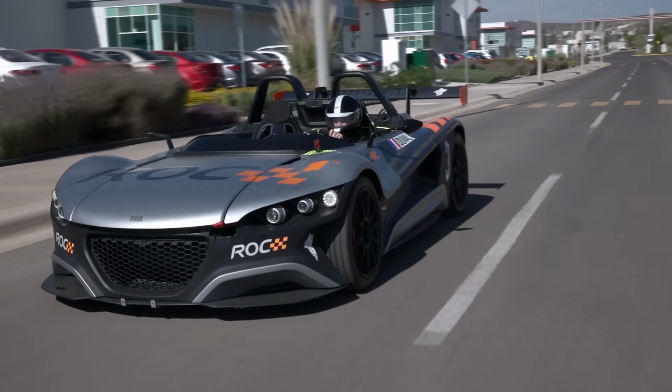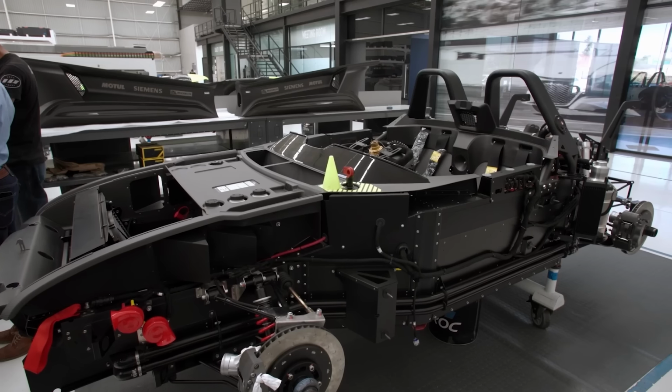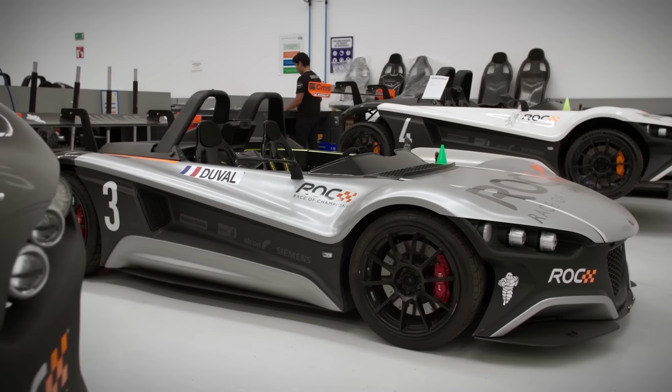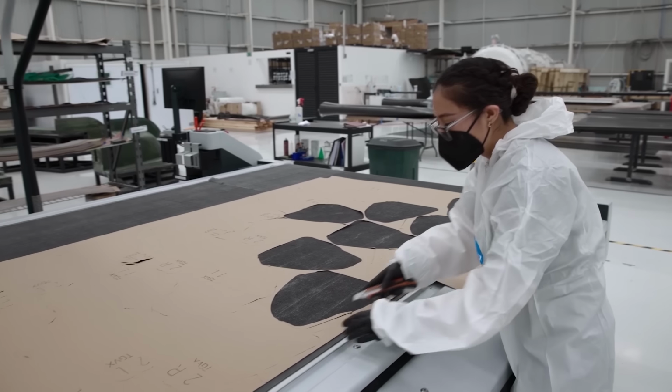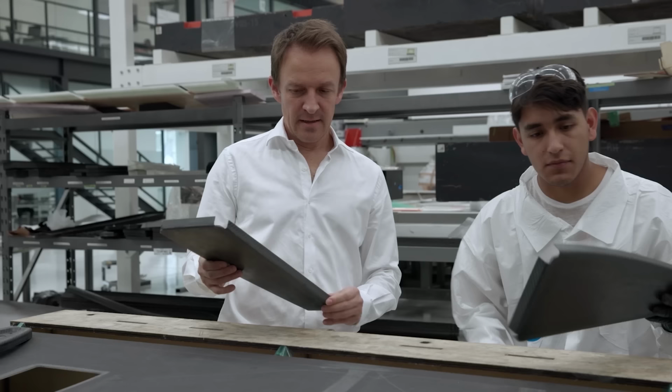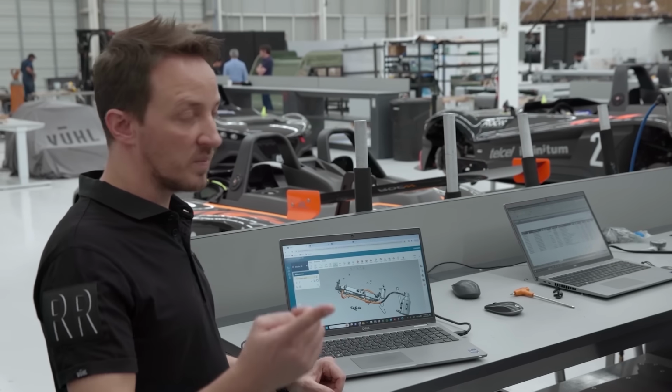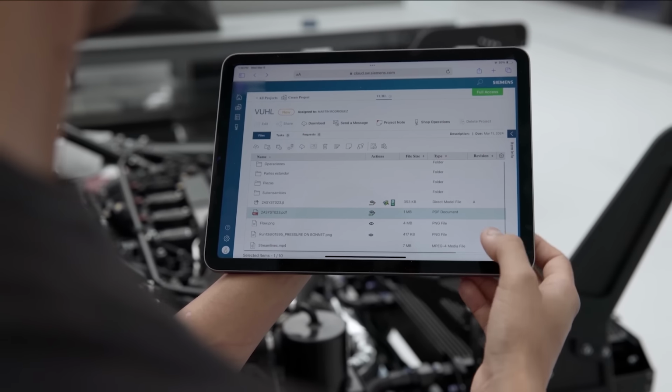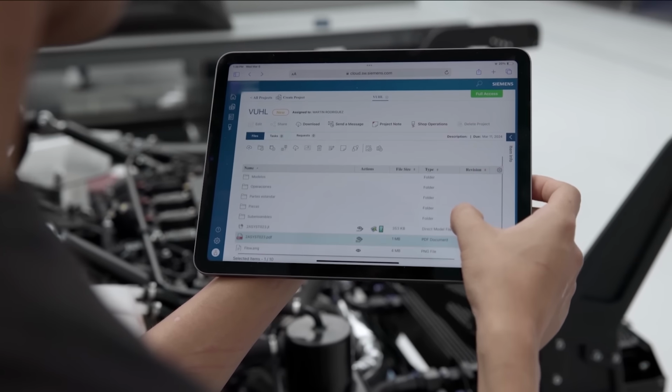Let's take a look. I am Guillermo Echevarria, co-founder of Voul Automotive. We design, manufacture, and sell sports cars. We also do advanced manufacturing focused on composite materials. We're always serving dozens of different customers, both on the advanced engineering and advanced manufacturing, and this has got to be very, very complex to manage. And we're very happy to integrate everything that we have to manage as a project into one solution.